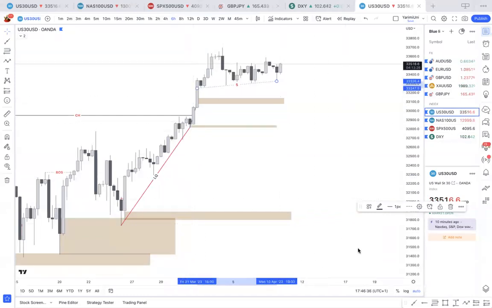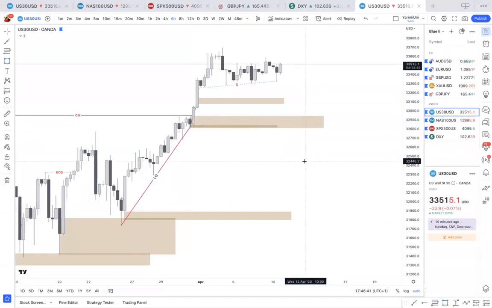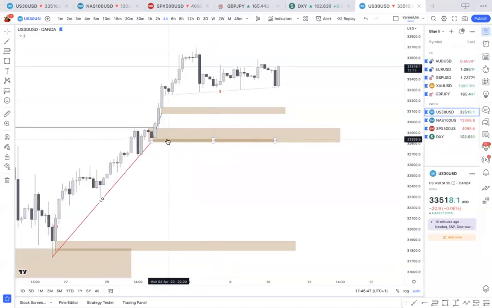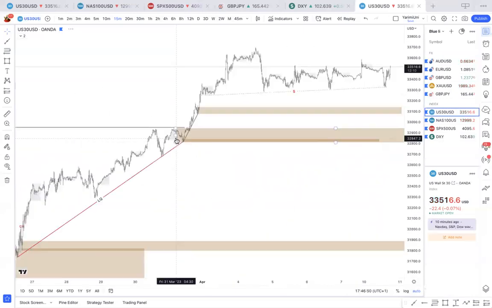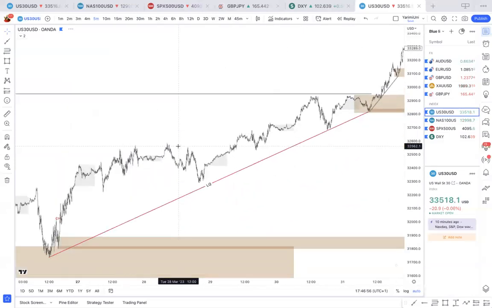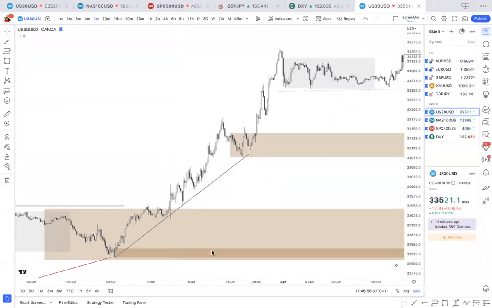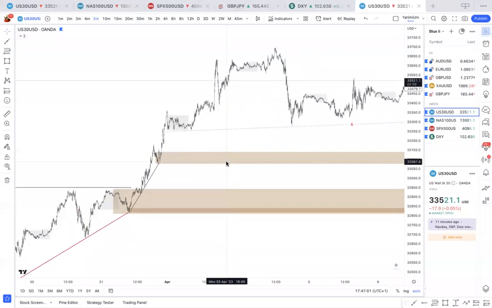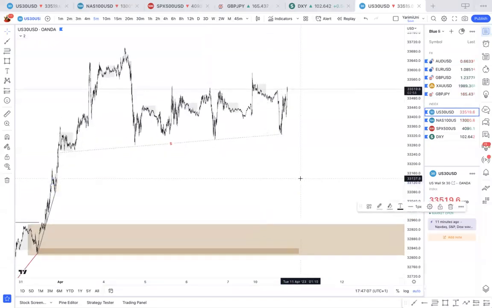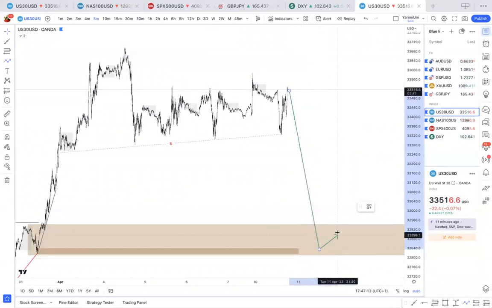As soon as I drop down to the 6 hour, you can see the demand here, right? So we can highlight that. We have already highlighted another demand within that, which has been refined. I believe it should be refined down to the 15-minute or maybe the 5-minute furthermore. So yep, that was refined down to the 5-minute. Until price literally reaches within here, this would be a strong area to buy from, this area right here.